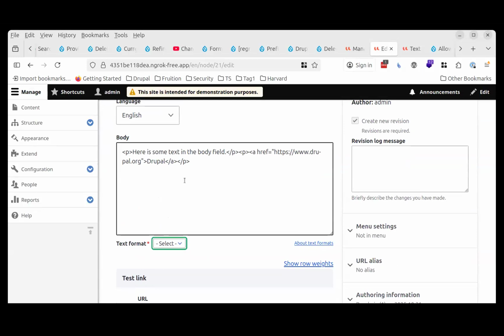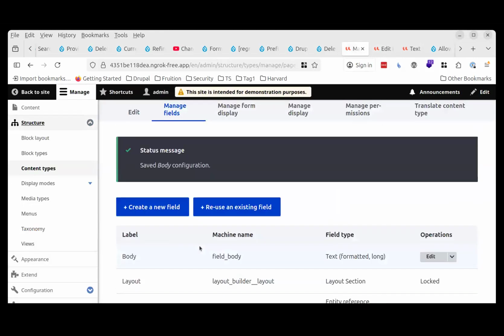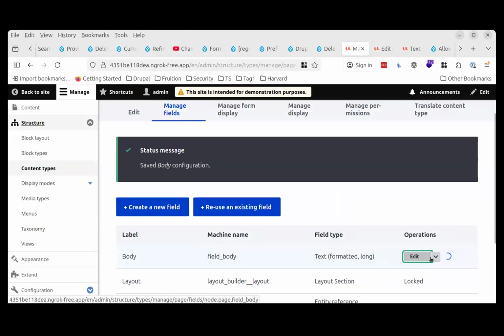It did have the paragraph tags. It's just that we were looking at it in CKEditor, so we were seeing the WYSIWYG version rather than the raw HTML. So now it doesn't have a text format assigned. And if we edit this,